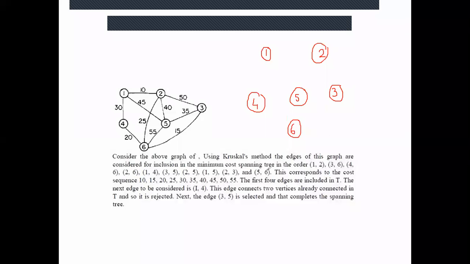Now, one student, yes, Karan. Which edge was having the minimum weight? 1, 2. What is the weight of that? 10, ma'am. So I will add that edge to my spanning tree. This is actually your first step. So I'm adding that edge to my spanning tree. Is it creating any cycle in the tree? No, ma'am. Cycle is what? Suppose you are having these nodes and these are connected like this. These three nodes are creating a cycle, these three edges, because you can start from this node and go to this, this, and this. So there is a cycle here, but here this is not creating a cycle. So I will take that in my spanning tree.